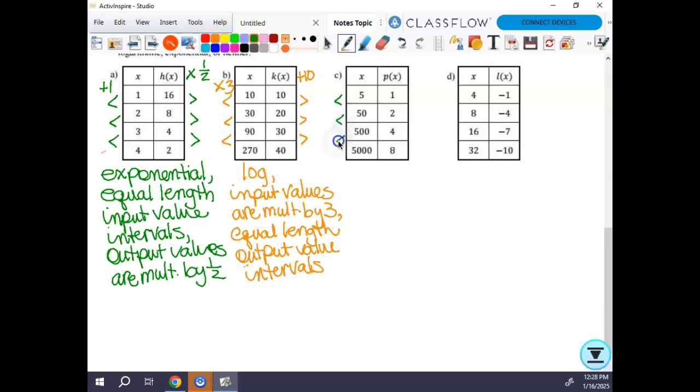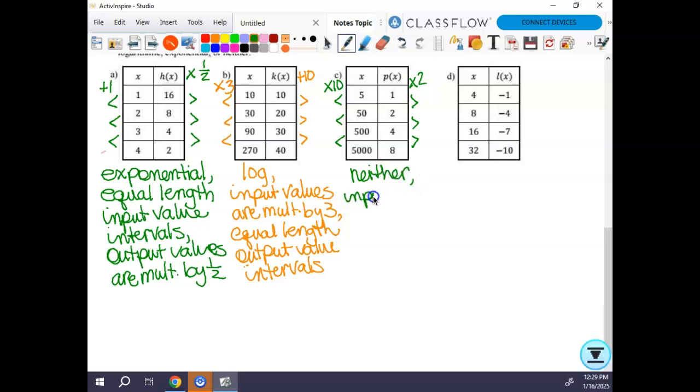C, look at this. Looks like I'm multiplying by 10 each time. Yes. Here, looks like I'm multiplying by 2 each time. Okay. So what do you think it is? Logarithmic, exponential, or neither? Neither. So we can say neither